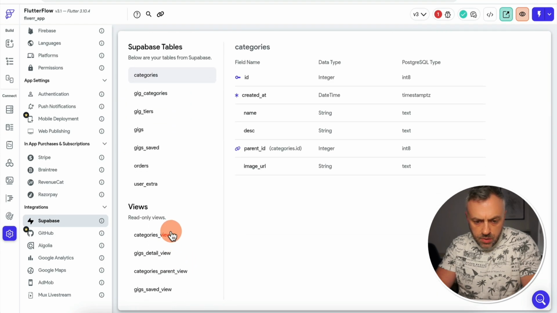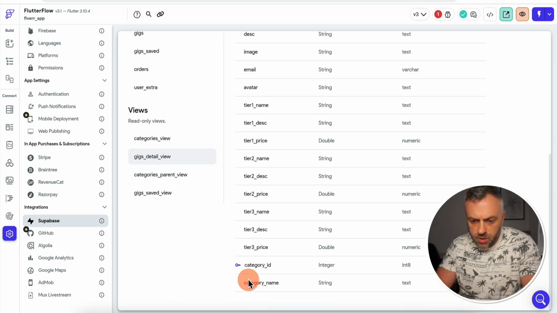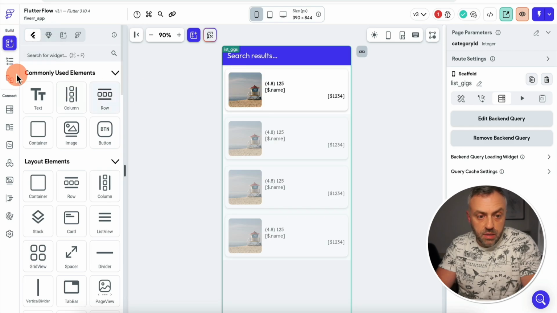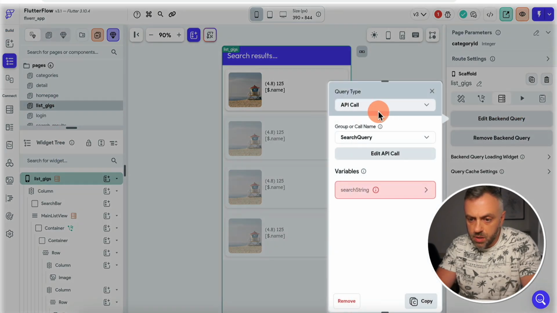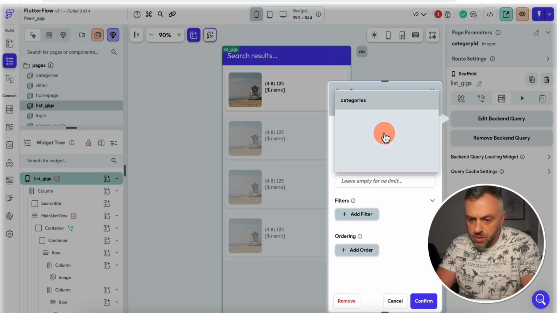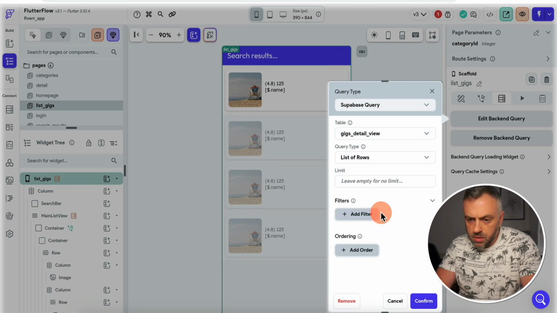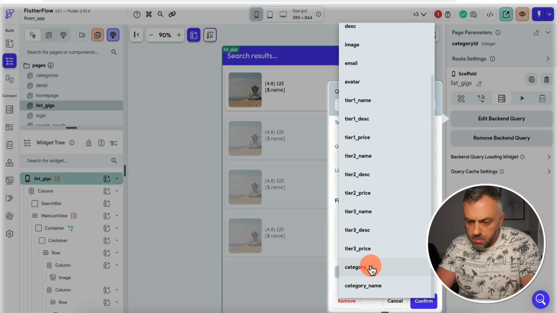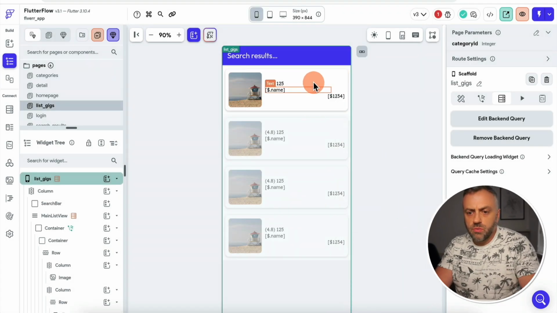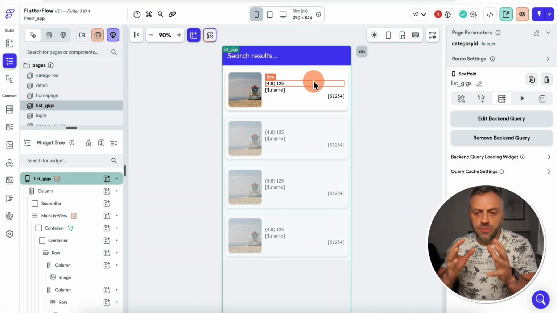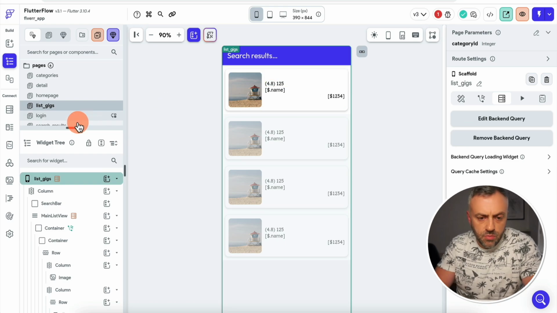Okay. Now we have these categories. We have this gigs detail view, and we have category ID here. Okay, so we can filter on that category ID that we are being passed. Okay, so this is our main query here. This is going to be a Supabase query, gigs detail view, filter by category ID equals the category ID page parameter. Okay, so now we have a list of gigs for that specific category,